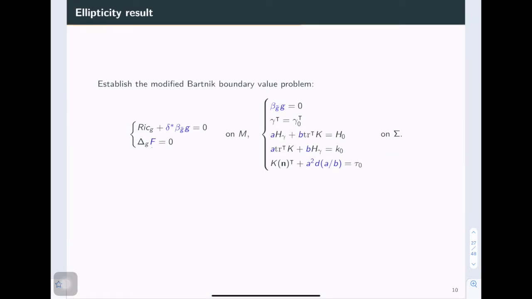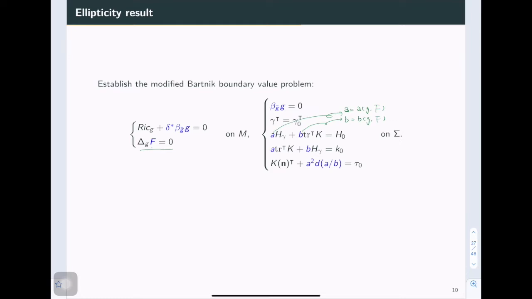Therefore, we need to add a new variable to this system denoted by f here, and we understand the Dirichlet data of this function on the boundary manifold as the Neumann data of some time translation function. In other words, f is involved in the boundary equations via A and B. So here A is a scalar function determined by the metric G and the Dirichlet data of f, and B is also a scalar function determined by G and f on the boundary. We are quite free to choose the